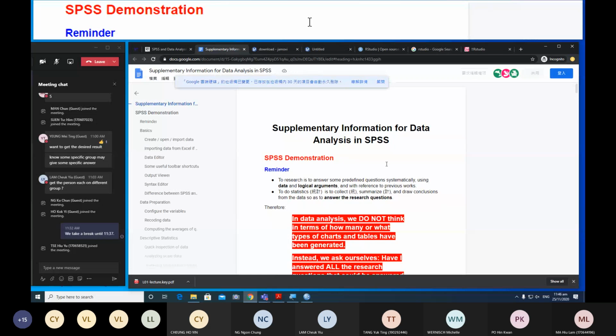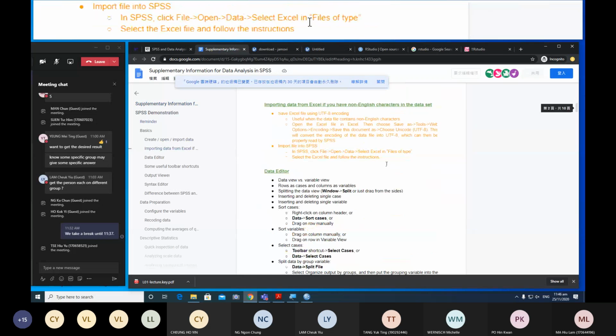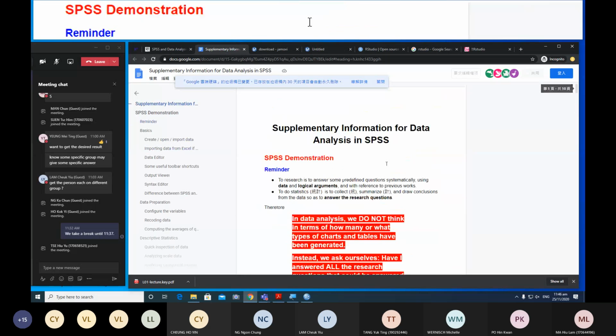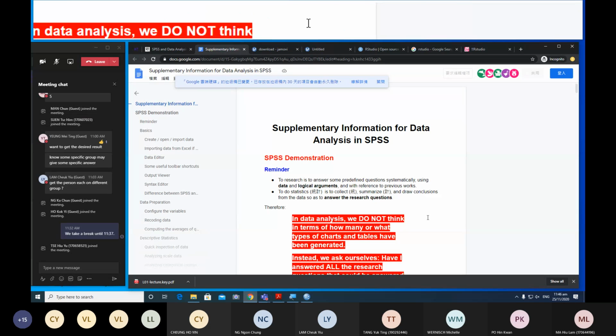This document will give you basically all the details of all the steps that most of you are likely to do on SPSS. So for example, if you scroll down this document,